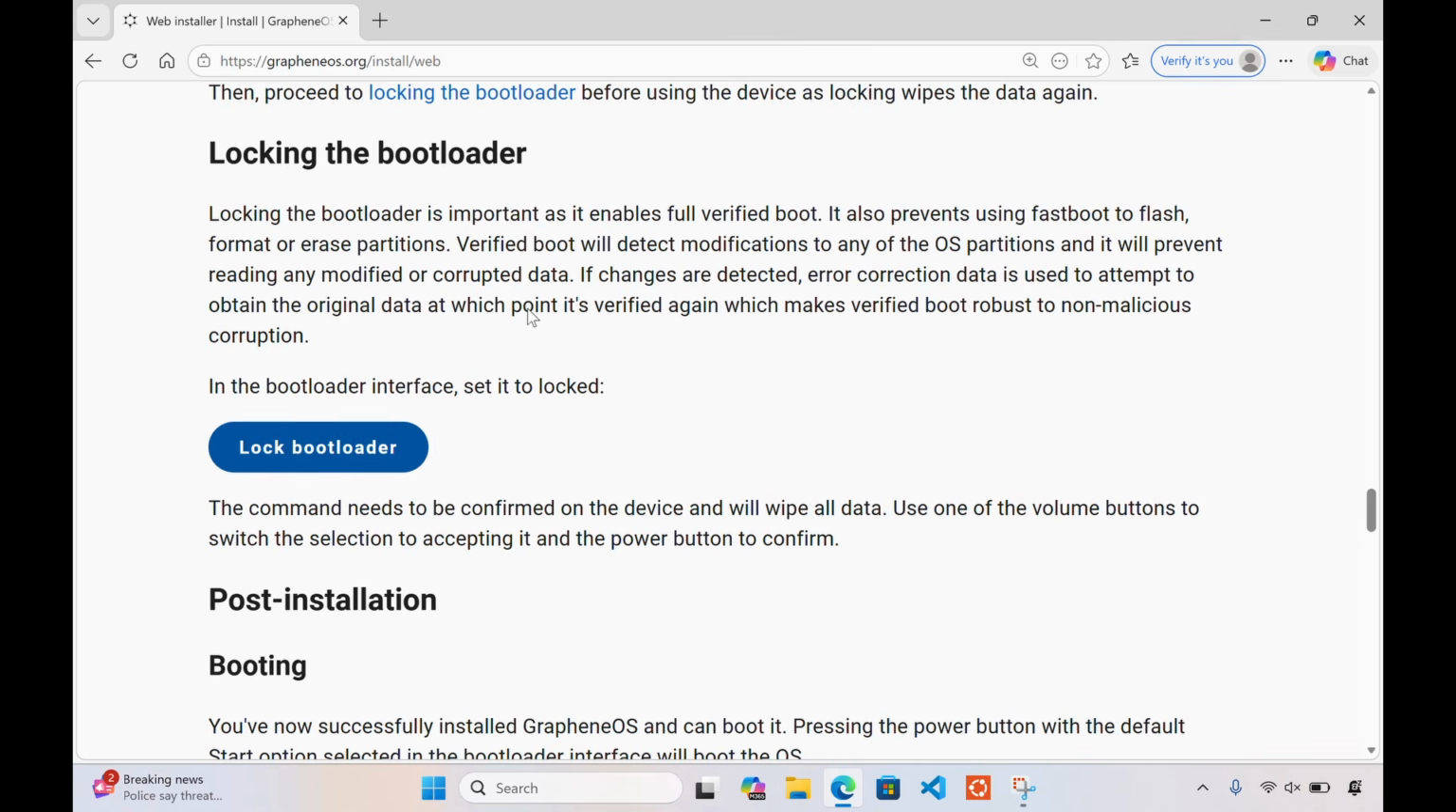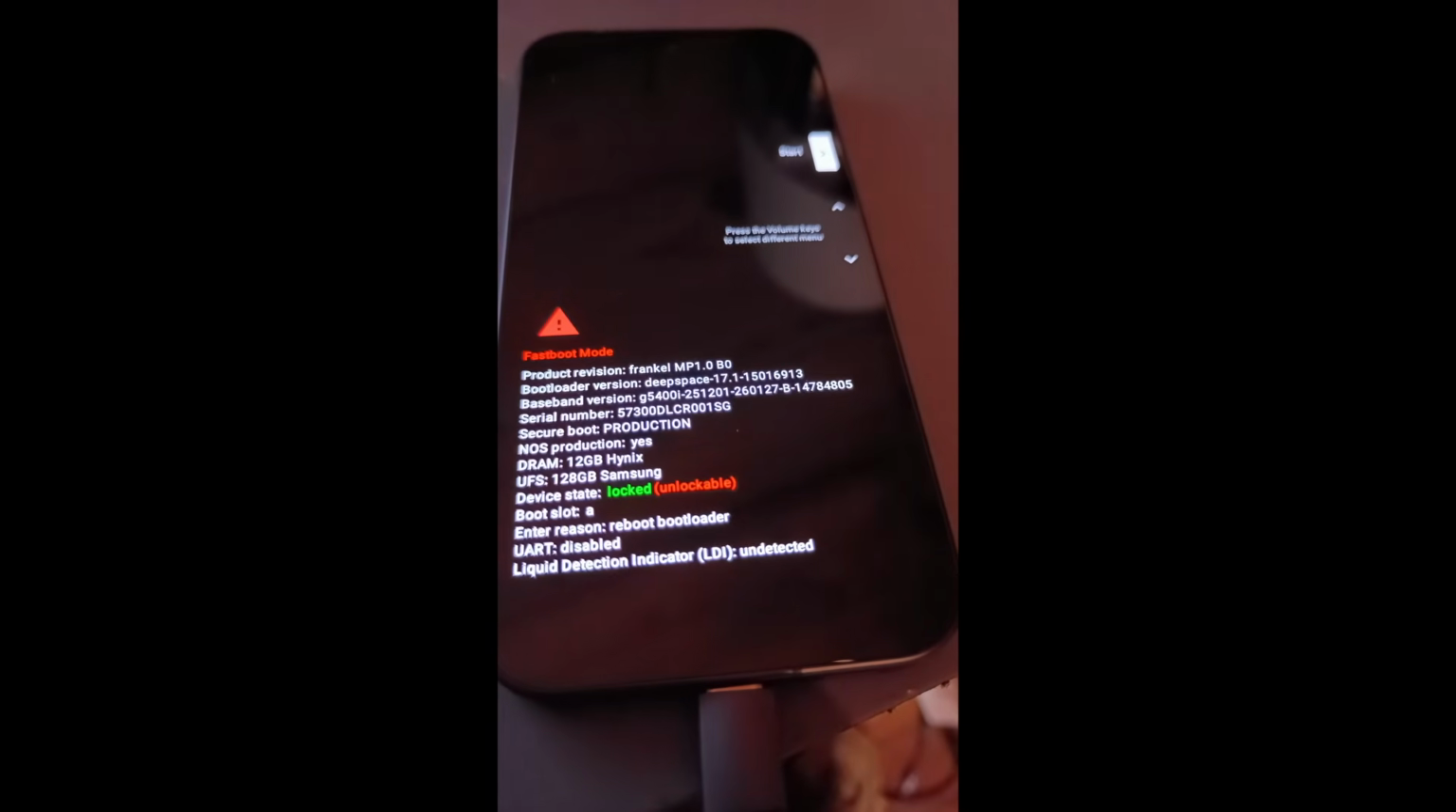And then it's going to bring up the same confirmation that we got when we were unlocking, except this time we need to scroll down to lock bootloader. So that is the option that should be shown now. And then we're going to push the power button to confirm that menu selection. And then at this point, the device should reboot in a locked state. So as you can see here, the device has restarted back into the bootloader with the device state as locked